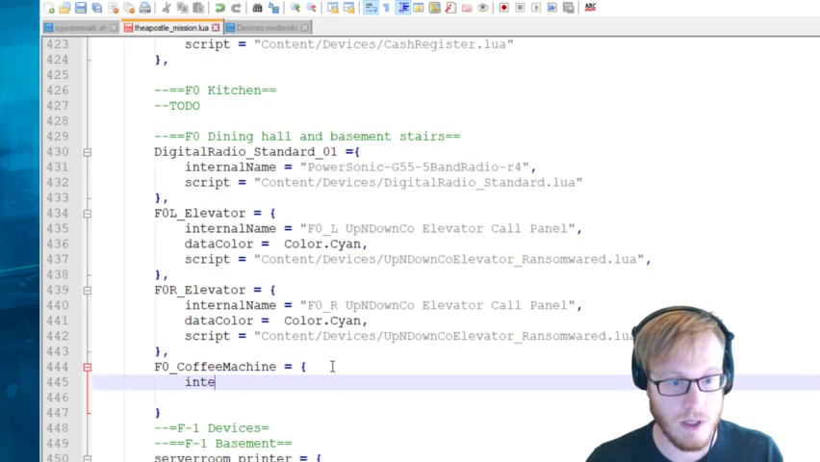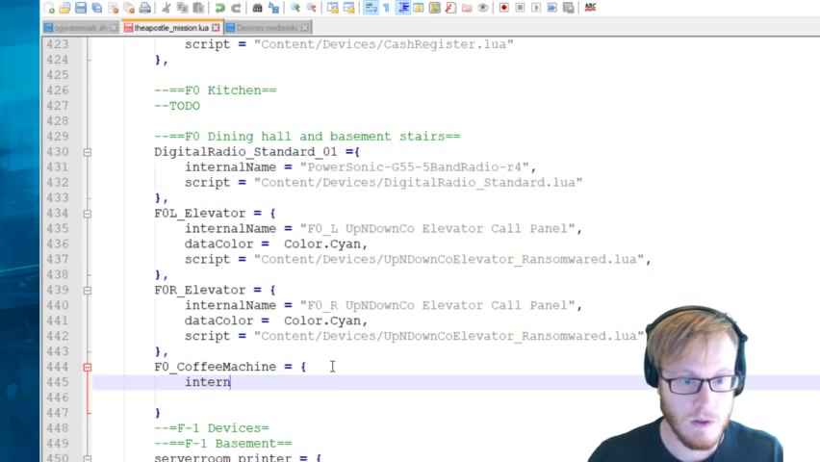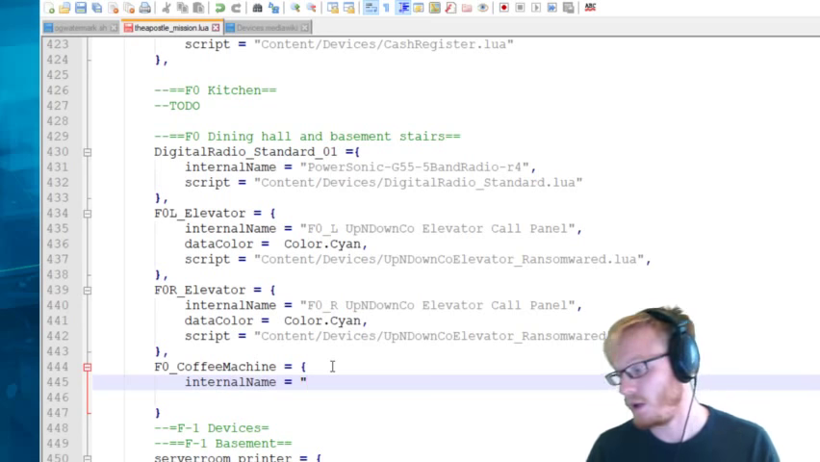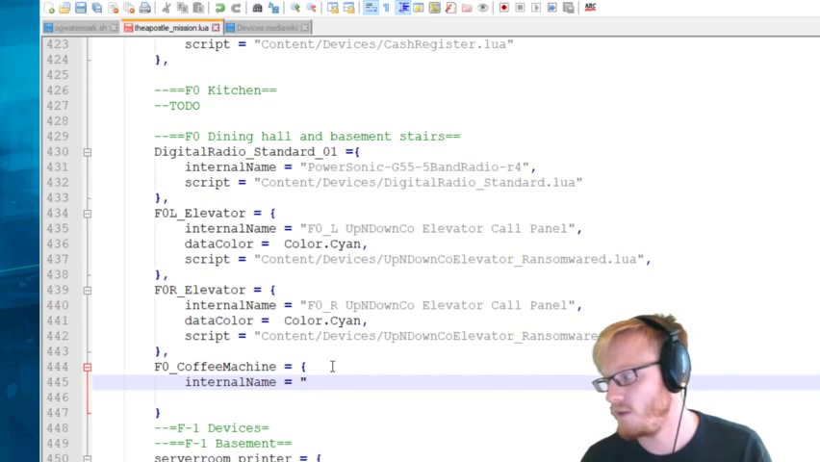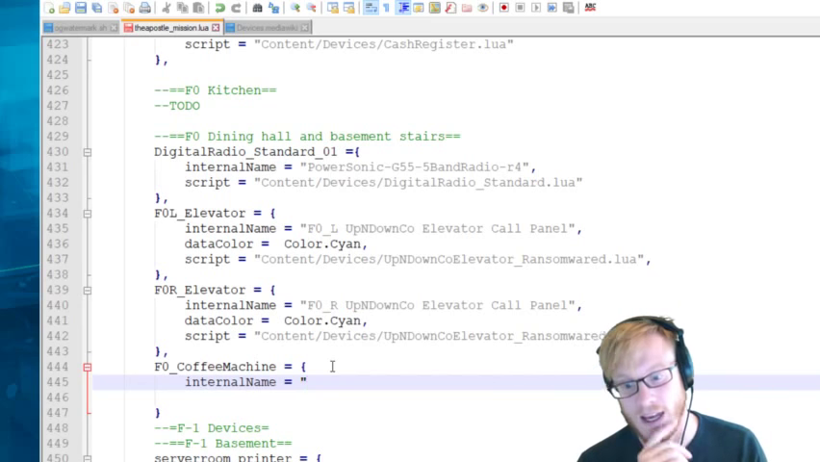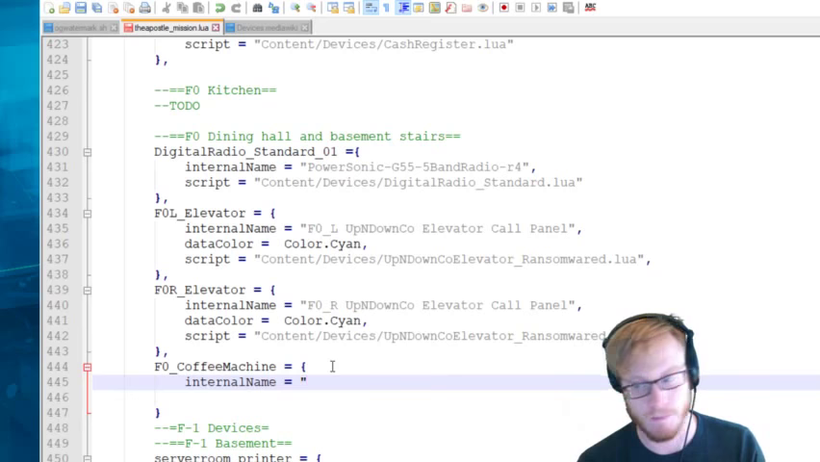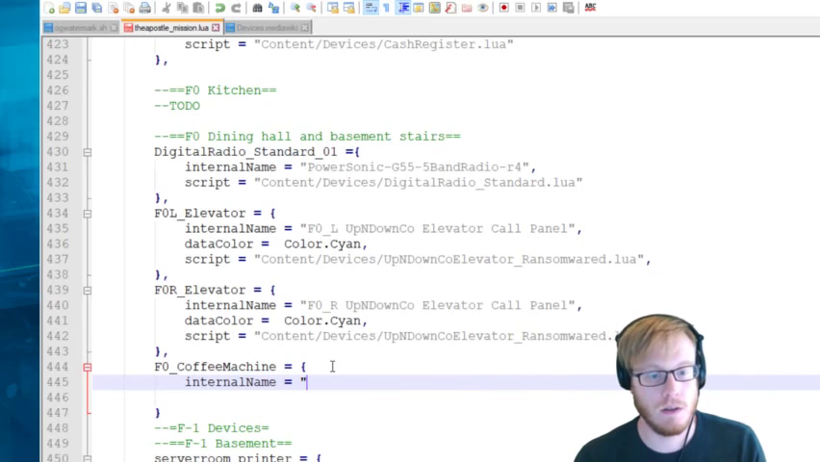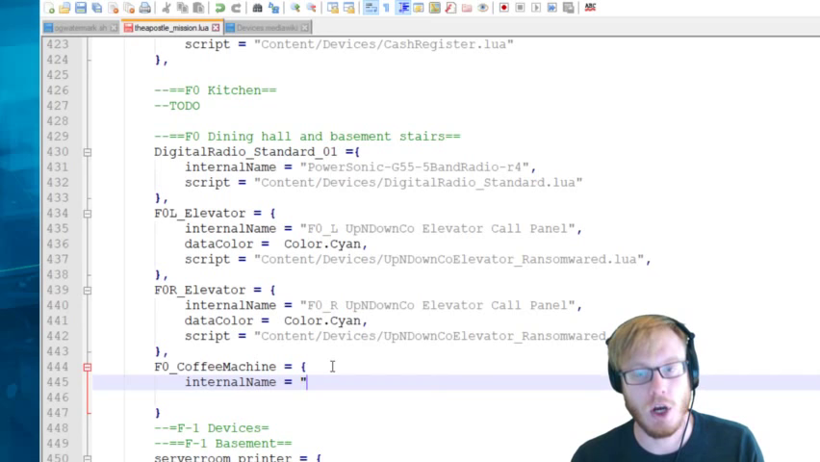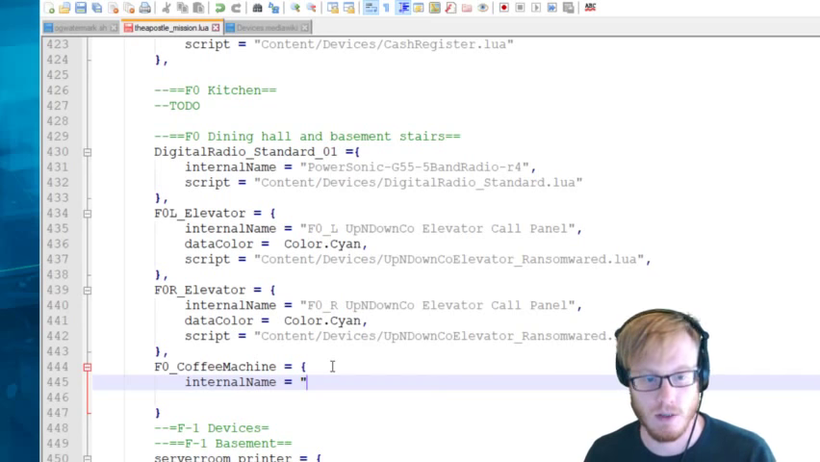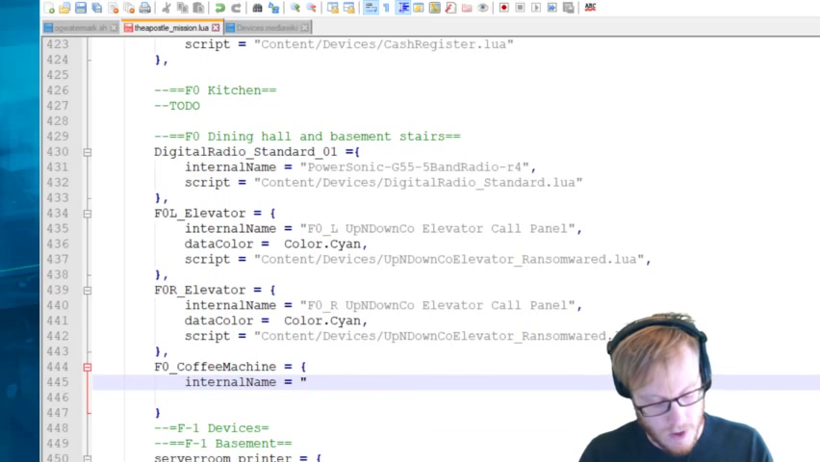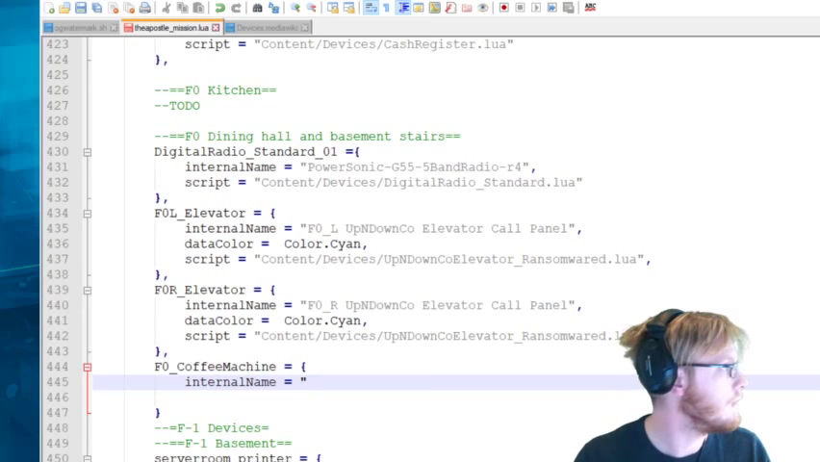It needs an internal name. That is what we call the object in Unity, but it's also what would actually show up when you're targeting the device as a hacker. So you want it to sound kind of realistic. What I tend to do when I'm writing up these devices is I Google something like coffee vending machine